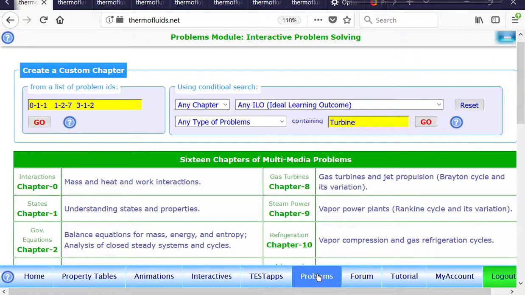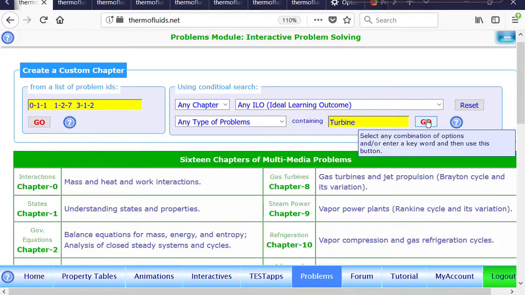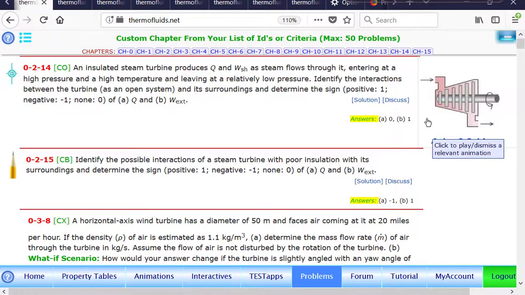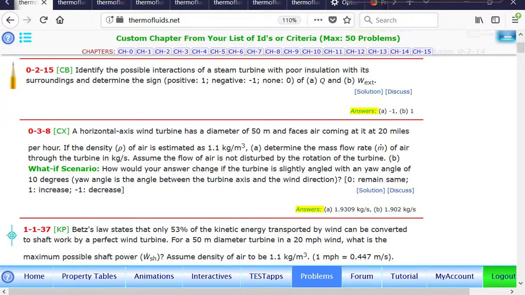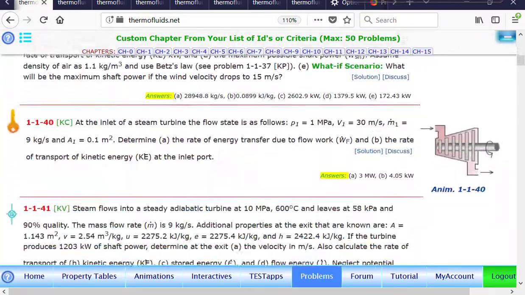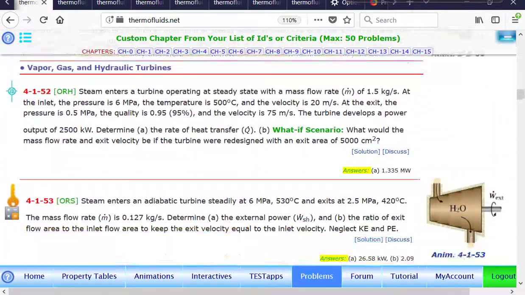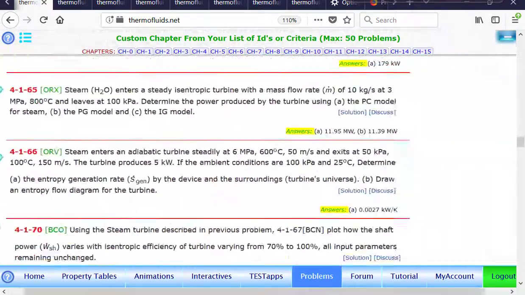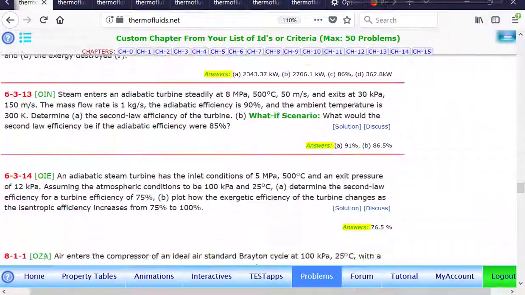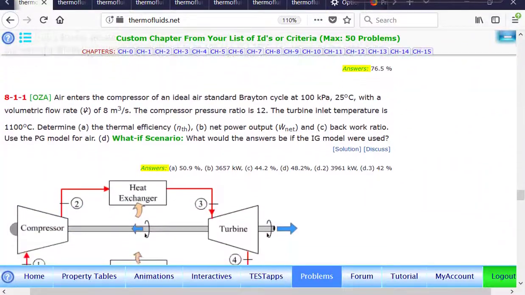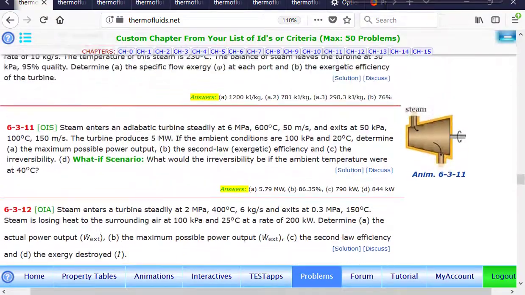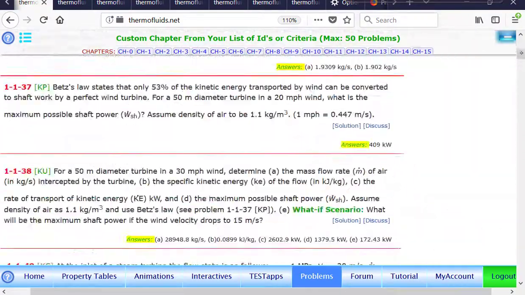Another way is to select a particular chapter, any chapter, for instance the default, and say I want all the turbine problems in test. I want to become an expert in turbine. So click there, and the turbine problems are picked up from chapter 0, chapter 1, as you can see, all the way down through many different chapters. I bet there'll be problems from chapter 6 also at the end. Yes, chapter 6, chapter 8. So there are tons of turbine problems you will find throughout